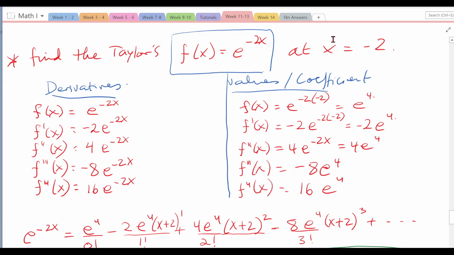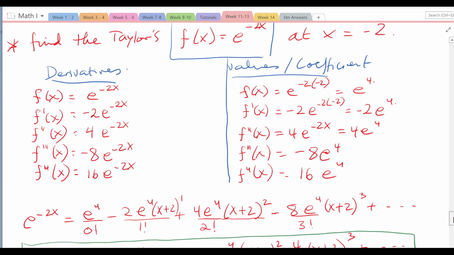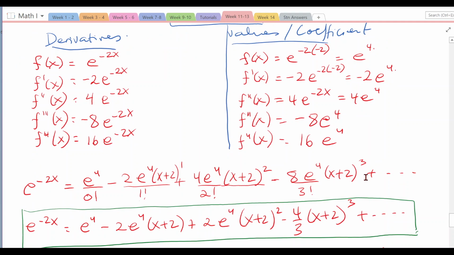So x minus 2 becomes x plus 2 raised to the power of 1 divided by 1 factorial, and then continue with the first and then the second terms. Negative, this is the 0th term, the first term, the second term is 4e to the 4, x plus 2 to the power of 2 divided by 2 factorial, and so on. The third term, negative 8e to the 4, which is a constant, divided by 3 factorial, x plus 2 raised to the power of 3. So once we simplify that, we get the Taylor expansion of e to the power of